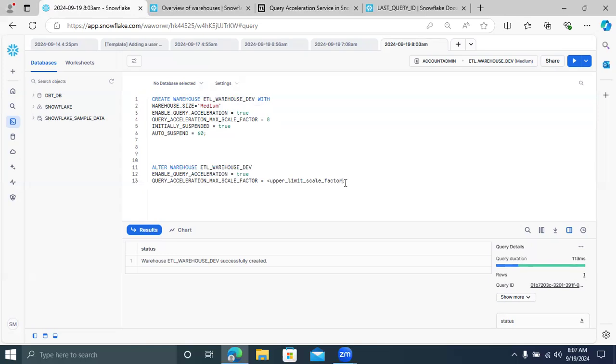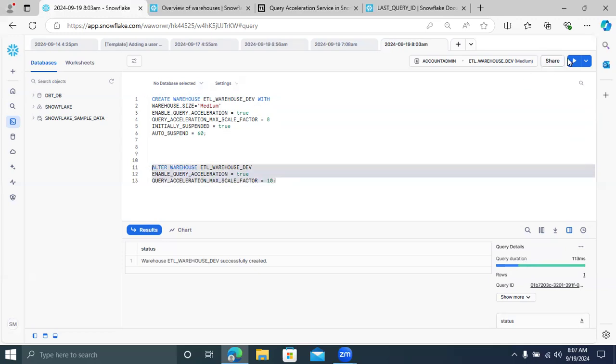Previously the scale factor was? I'm asking what scale factor I gave previously. Previous was 8, sir. 8, now I'm giving 10.